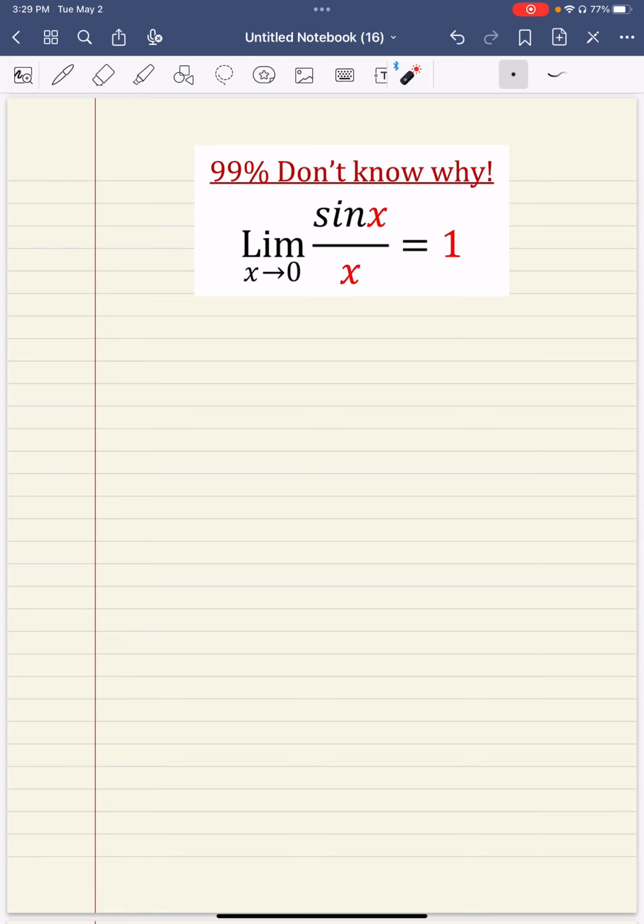I'm actually not going to only solve it, but I'm going to talk about the mystery behind this problem. I would say 99% of students would not know the reason behind this answer. Most of them would know the answer, but 99% of the students would not know the reasoning behind this answer, and even some teachers or even profs would not know it as well. So